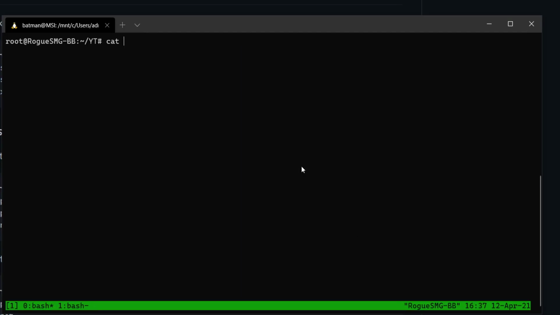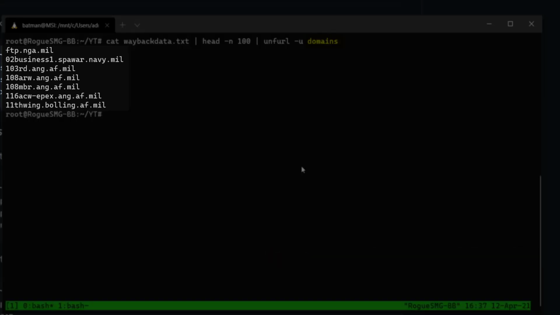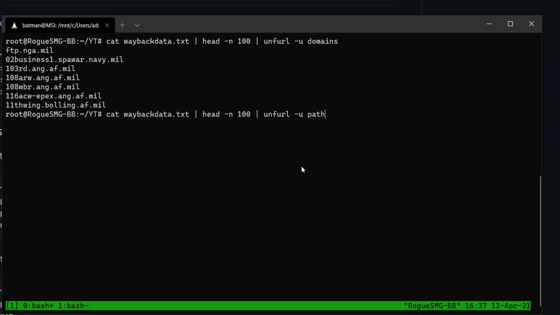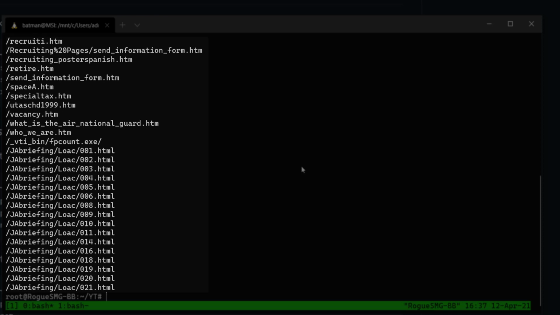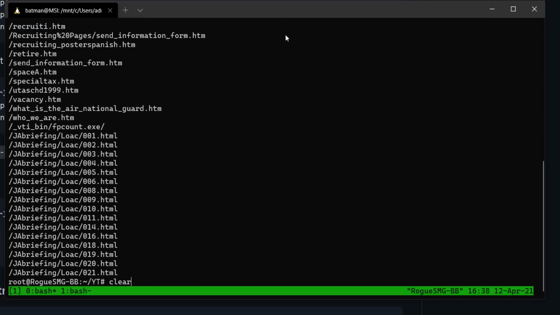You can extract just the domain names from those URLs and add those into a list of subdomains to perform further recon. You can extract just the paths and make a custom target specific list of paths to fuzz on all the subdomains. Something boring on one subdomain might be interesting on another.